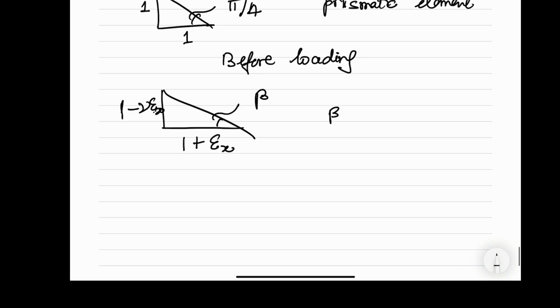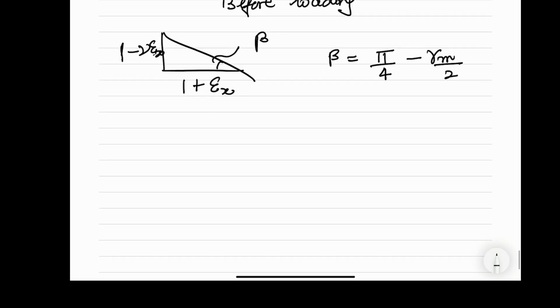And beta will be equal to pi by 4 minus gamma m by 2. So tangent of beta will be equal to tangent of pi by 4 minus tangent of gamma m by 2,